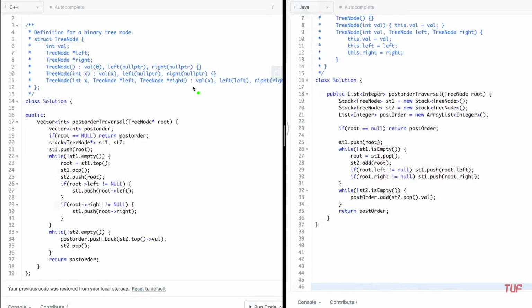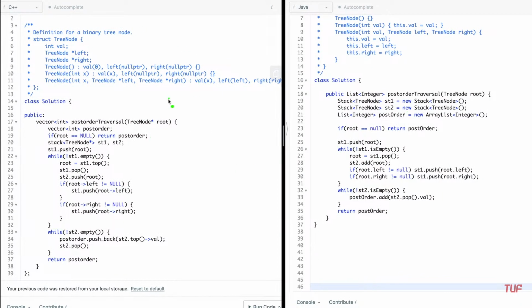So let's check out the code for this. As usual, the C++ code is on the left and the Java code is on the right. Initially I've taken the root and defined a post order list of vector. If the binary tree is null, I'll return an empty post order. Or else I'll declare a stack and I'll be entering the root